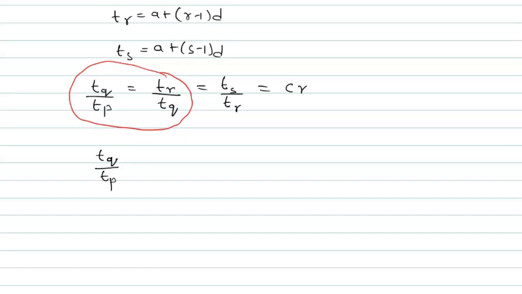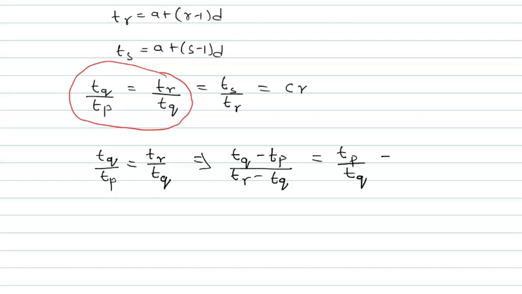TQ upon TP is equal to TR upon TQ. We will subtract 1 from both sides and then cross multiply these terms. We will get TQ minus TP upon TR minus TQ is equal to TP upon TQ. Now TP upon TQ is what? Common ratio. Okay, so we can say that CR, common ratio, is equal to,